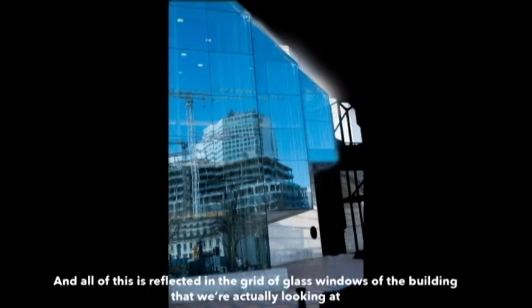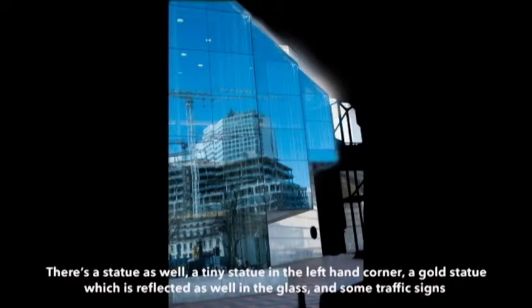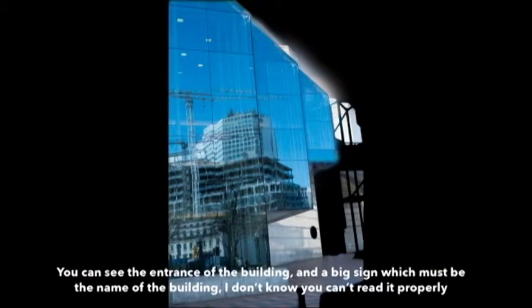And all of this is reflected in the grid of the glass windows of the building that we're actually looking at. There's a statue as well, a tiny statue in the left-hand corner, a gold statue that is reflected as well in the glass, and some traffic signs. You can see the entrance of the building and